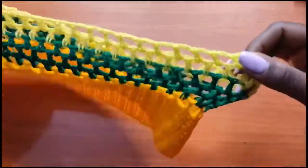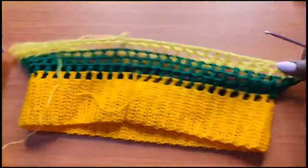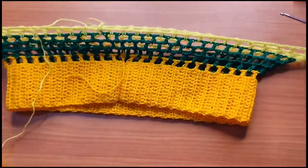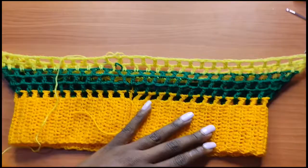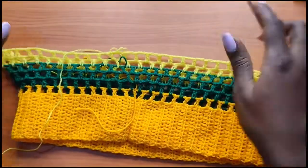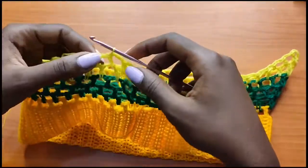Okay, so I ended up increasing for one more row, and that gave me my hip measurement. When I stretch it, it can now stretch to 40 inches when fully stretched. Okay, so leave some room so that it's not very tight to make these lines very straight. So after this,